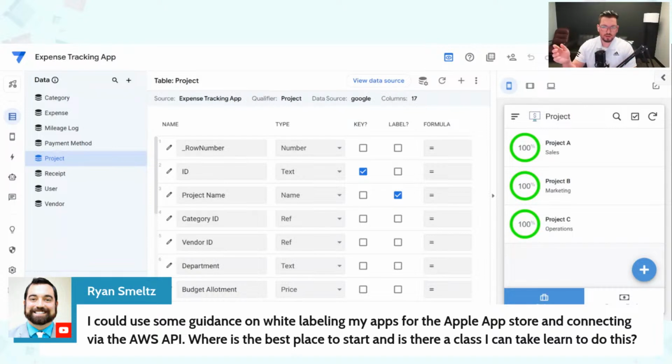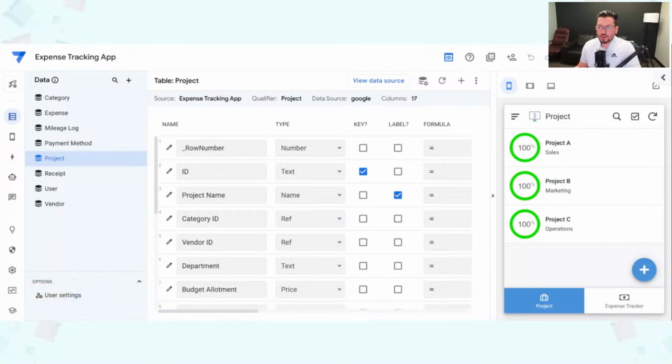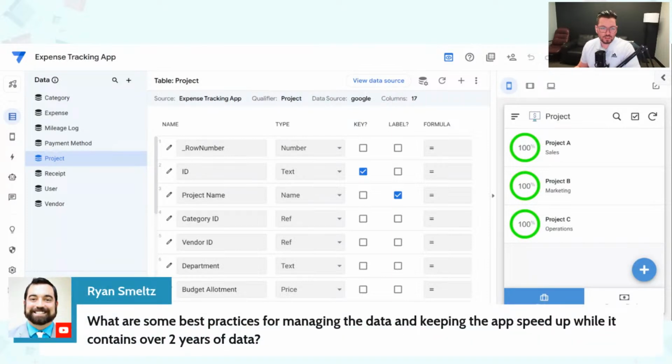So you would submit it, and then Apple might say, nope, it's missing X, Y, and Z. And you have to add that back in there. Ryan, if you do want a more detailed version of that, send me an email. And then I'll get with my team and send you specific ways to do that. Great question. All right. And then the next question we have from Ryan is, what are some best practices for managing